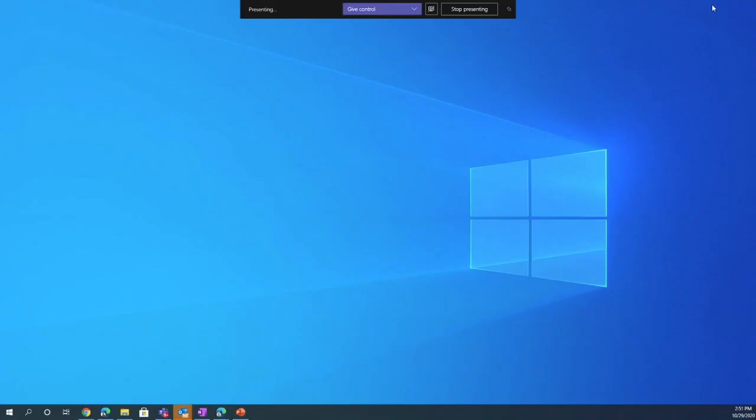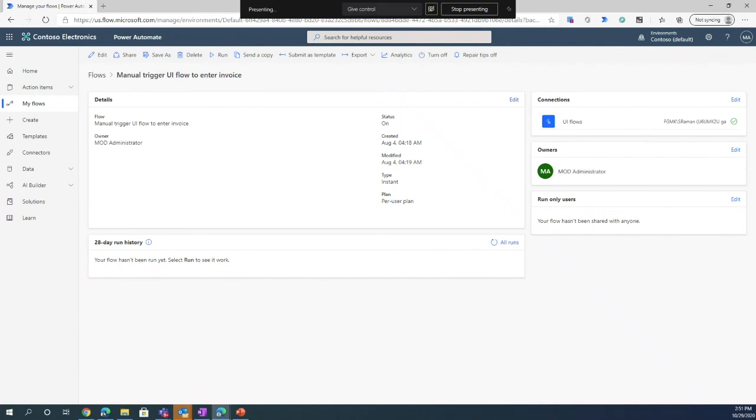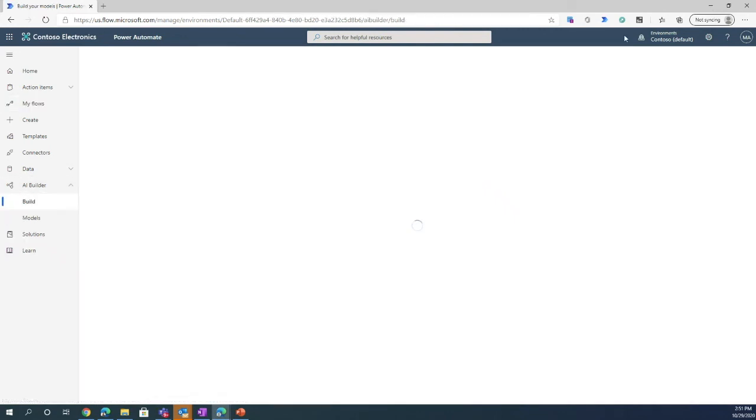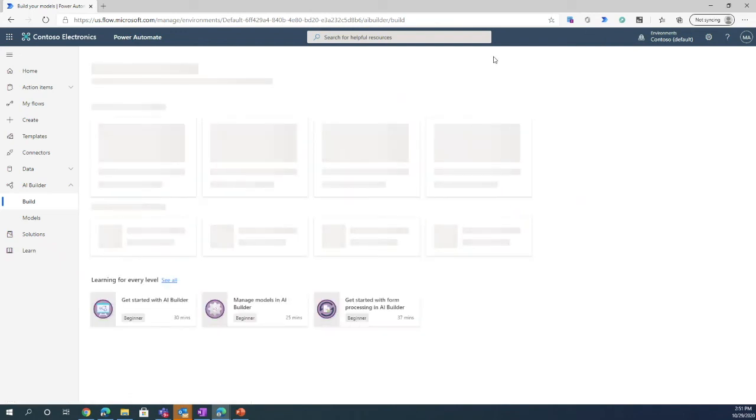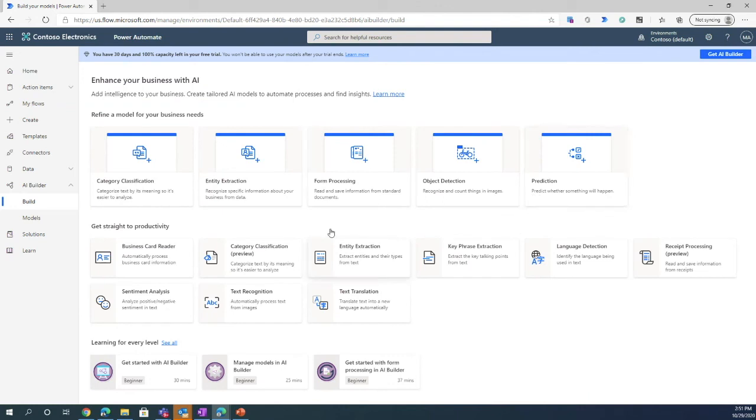Since we have a few minutes here, I'm going to dive into a couple of other areas which I left open to see if you have time towards the end. So one of the things I'm going to dive into is what is called AI Builder. This is a new feature which is available with Office 365. This does require an additional license, but for people that are interested in trying to know more about this, AI Builder allows